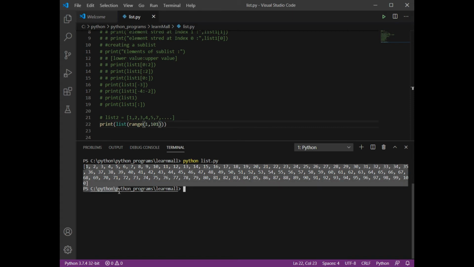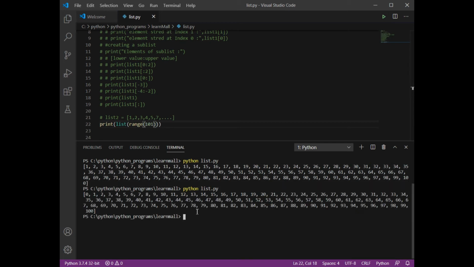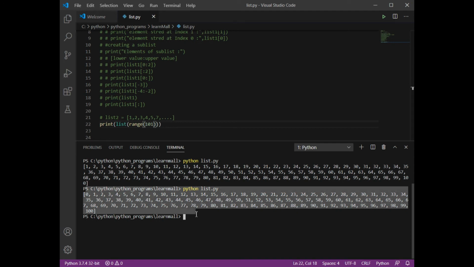This is what we discussed while discussing range, that your step is optional. You can skip that step value also. Why? Because if you want to increment your value only by 1, then step will automatically do that. You need not write that. Okay, similarly I'm going to eliminate this start. We have also discussed that start is optional. If I am not going to specify the start, it is going to start my list from 0. So see, it is starting my list from 0.